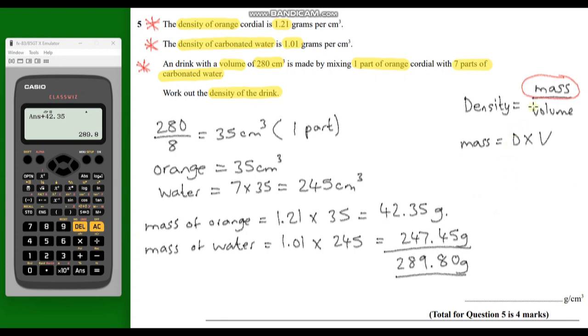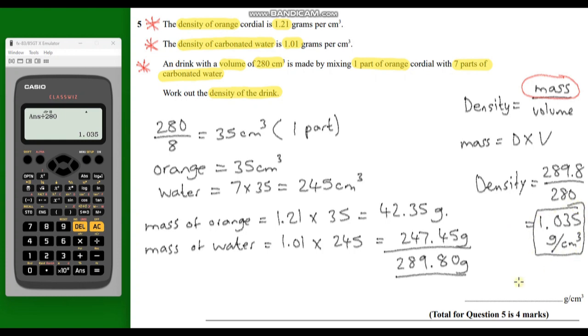So the density is going to be the total mass, which we've just worked out, 289.8, divided by the total volume, which was given to us in the question, which is 280. So we're just going to divide that by 280, and let's have a look. We get 1.035, and that will be in grams per centimetre cubed. So this here is my final answer. So let's write that in,